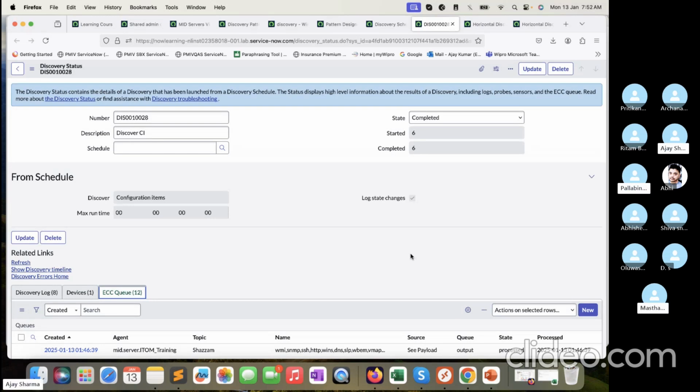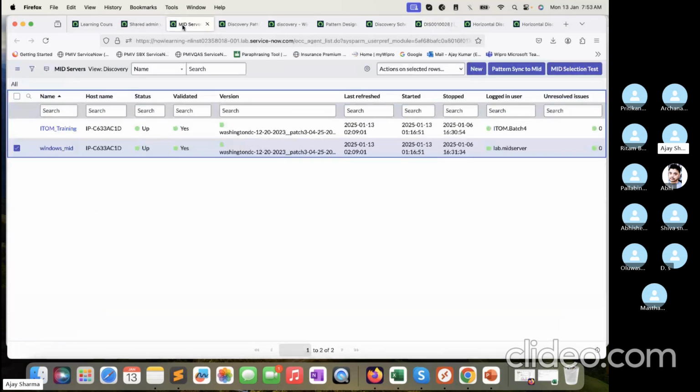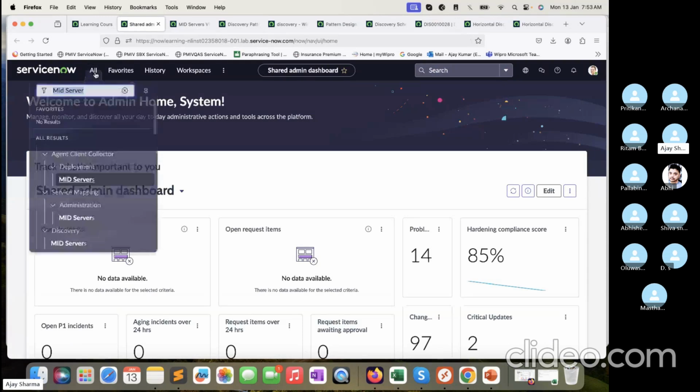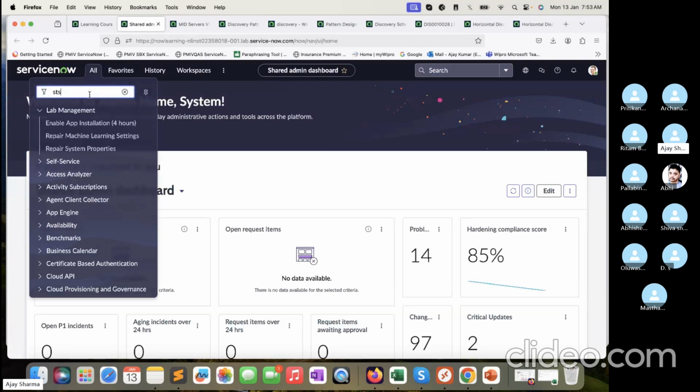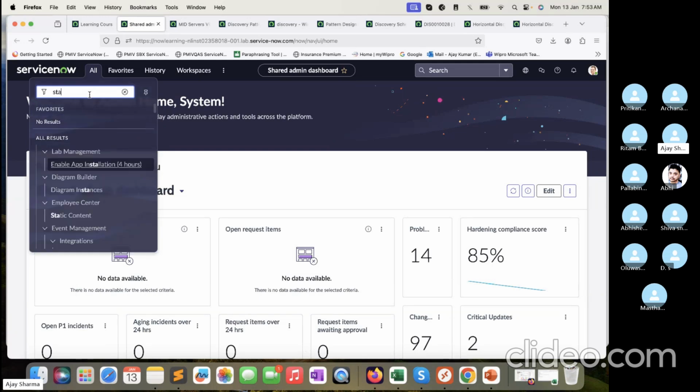There are two things which depend on it, right? First of all, you need to identify how the discovery is triggered. If a discovery is triggered from a discovery schedule, the discovery status is created. If discovery is triggered quickly, you can also find that out, right? So if I go to status